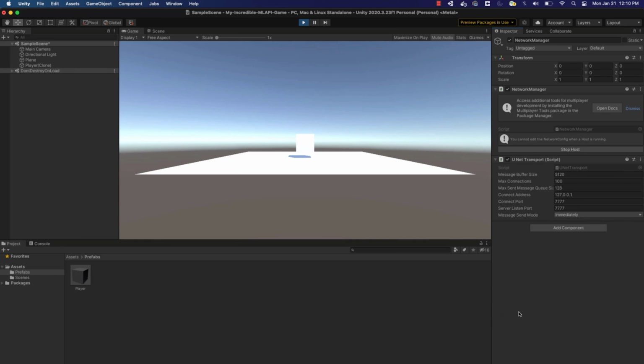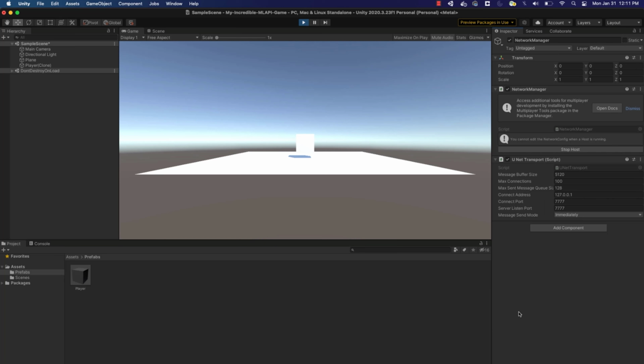Essentially what we just did is that we created the network manager, which manages our network. We added a player prefab, which will be the player that the player will be using in the game. And we associated it to being a network prefab, meaning that our network manager object will track that object across the network. And then in our network manager, we set ourselves as host, and our Unity networking framework said, oh, a new host is starting. Let's go ahead and add our player into the game.